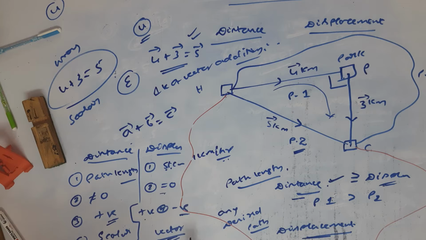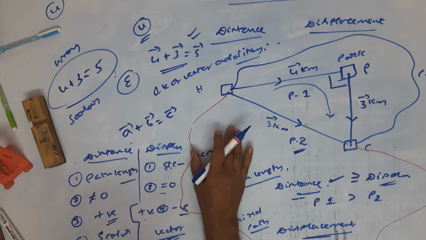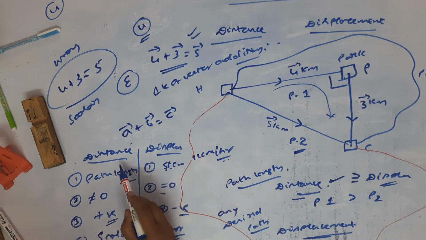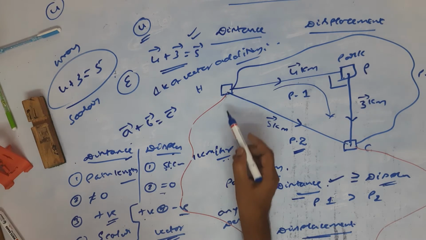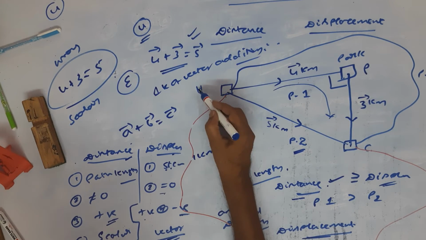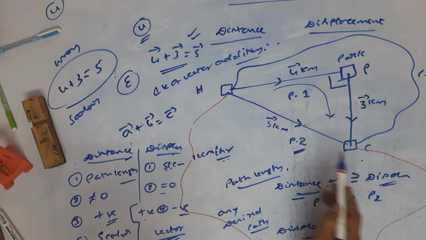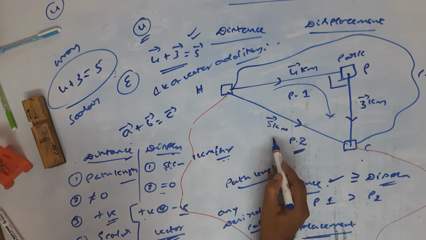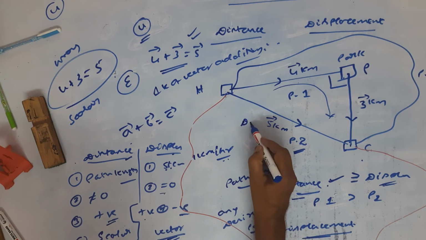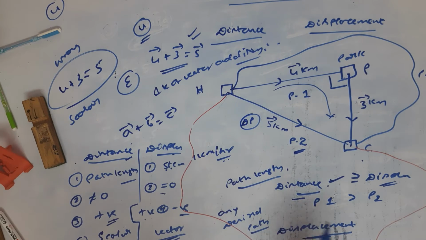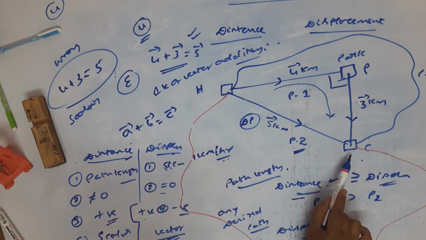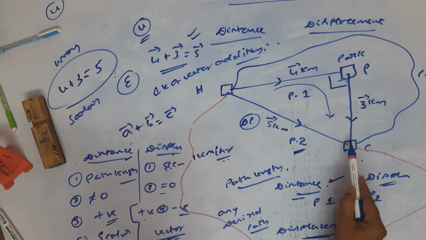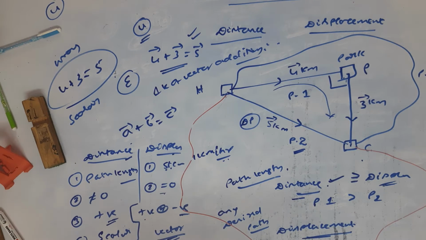Look here. Today we are going to study two things. One is distance, another is displacement. Distance is a scalar, displacement is a vector. Take the example I have given. This is your home. This is your college. Let there be a straight line path from home to the college. It is 5 km. This is called displacement. Suppose there is another way: straight away you can go to the park, which is at 4 km. Then you can go to the college, which is at 3 km.